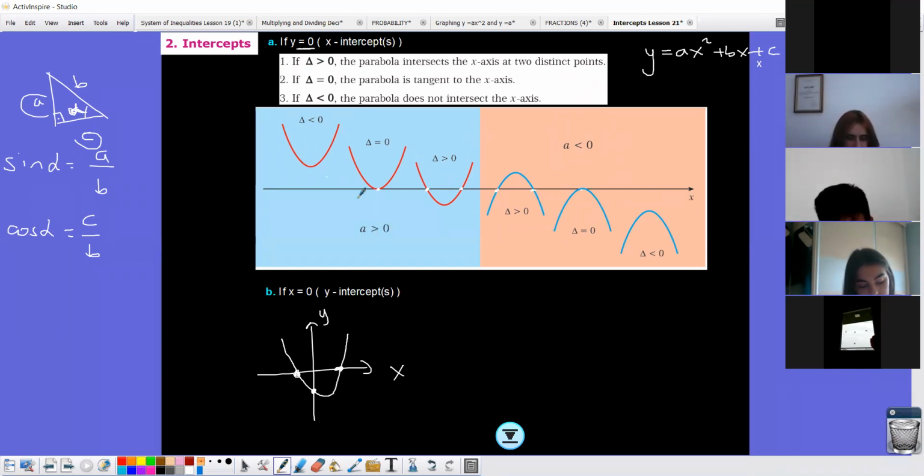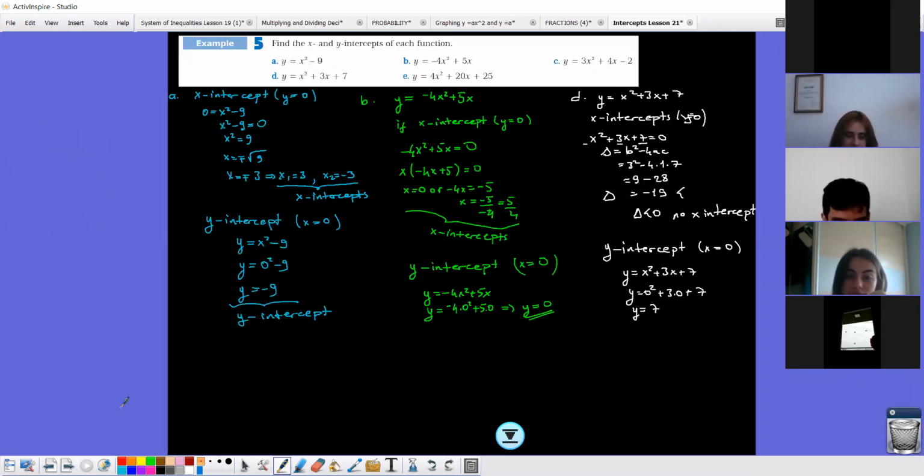So for x-intercepts we will do these operations. For the y-intercept, it's very easy. Only instead of x, we write 0 and we find the y-intercept. Now, let me show you in a question, or the lesson is finished, the first lesson. I think the first lesson is finished. 20 seconds more. Yes. So take your